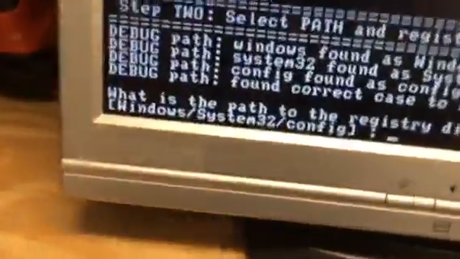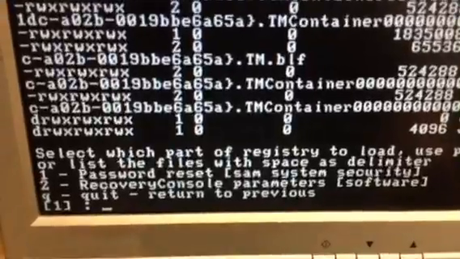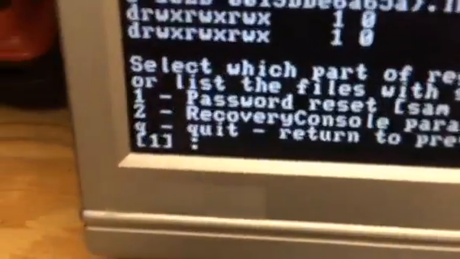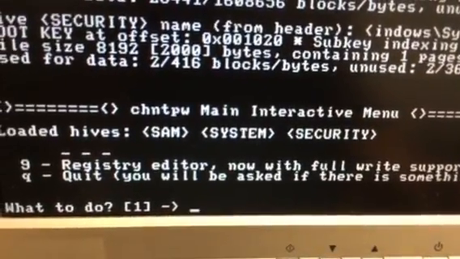that comes up. By default, it wants to go to that bracketed screen right there. I'm going to pick it. It's going to say, what do you want to do? I want to do a password reset. It's already in brackets. And it loads the hives. It says, what do you want to do now? Well,